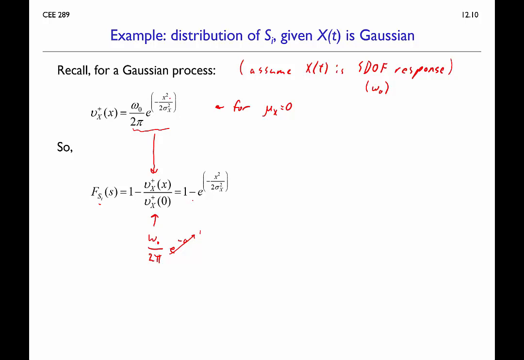So we're left with just 1 minus e to the minus x squared over 2 sigma x squared. Okay, so we've got a closed form solution for this cumulative distribution function for S_i. And we got to this formula using the rates of upcrossings to figure out how likely it is that a particular cycle of loading is going to exceed some amplitude